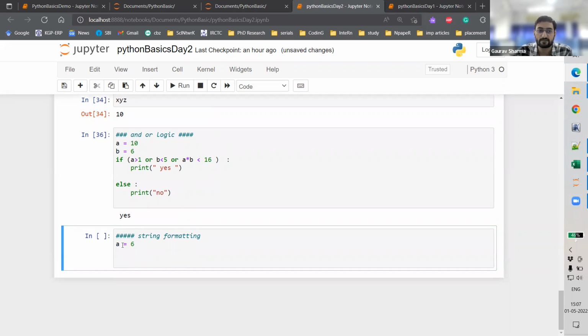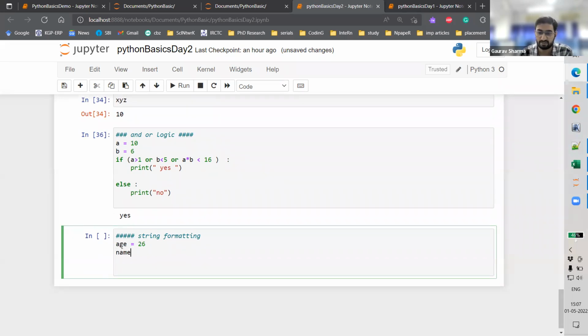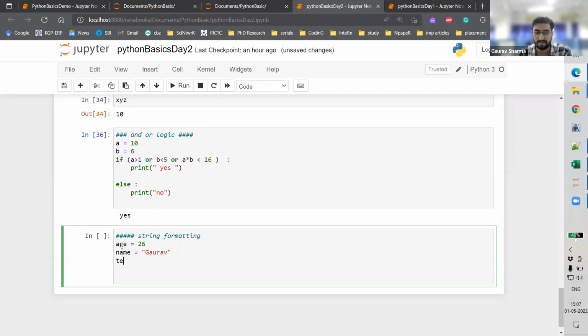Some age is there. Let's say my age is 26. Okay, and my name is, I'm not 26 today. Okay, my name is Gaurav, and I want to print a text. You are saying his name is something like this, and he is this